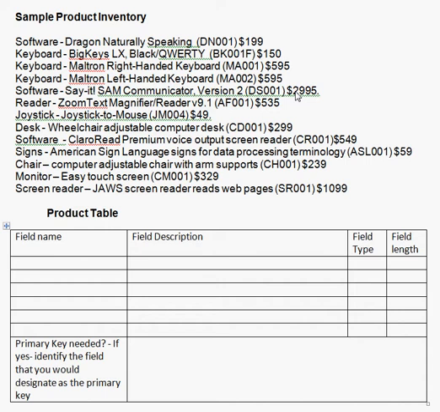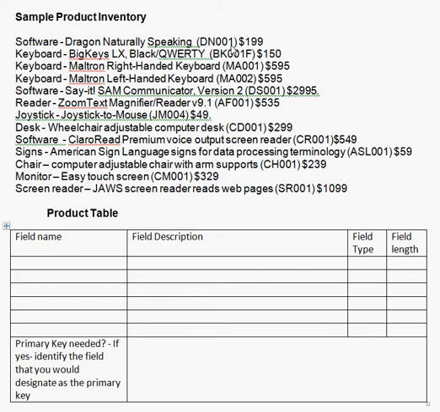Well, we want to store this information in a database, so we're going to create a table for it. Before we can enter this data, we have to define the structure of the table. What fields or pieces of information are we going to have for each item? So let's begin in the product table. Notice that one of the fields that I'm looking for, as I mentioned, is the product ID, DN001 for the first product. And if you look down through, you'll see that they all have the same similar structure. They're a 5 character